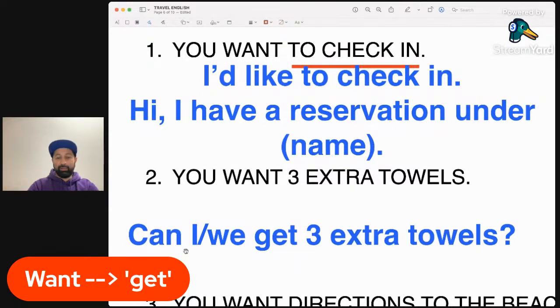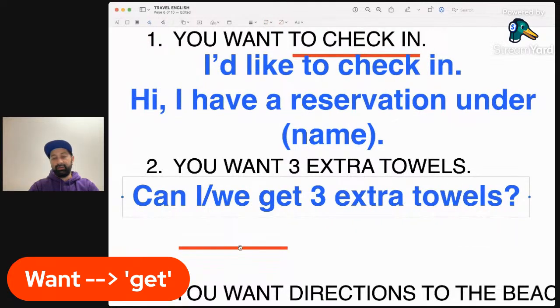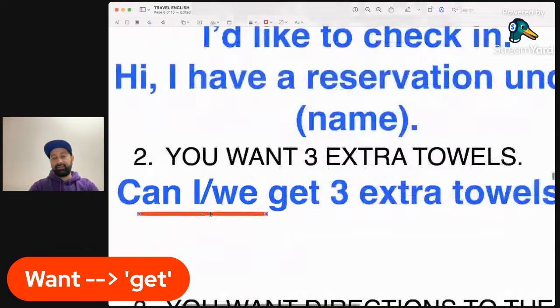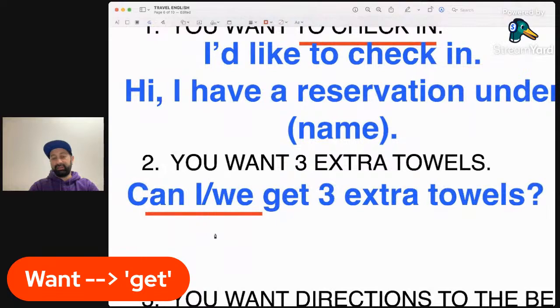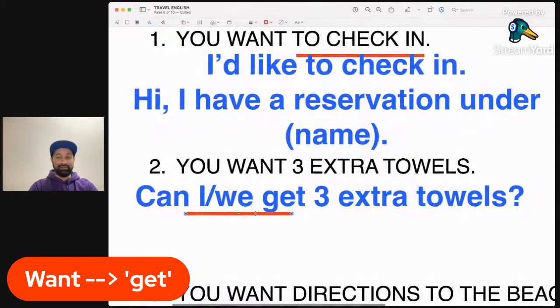Anytime you want something, this is the phrase you'll be using. Can I get, can we get? Like I've said, this is not only in the hotel. We're using this in restaurants, in business, in many situations.